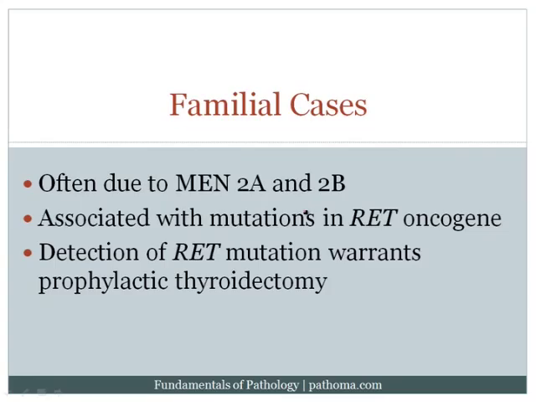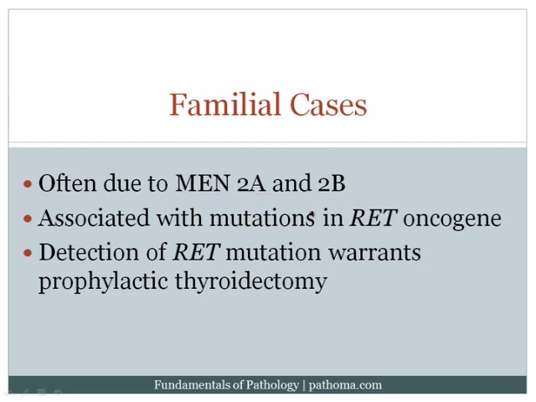Now, it's also high yield to note that there are some familial cases of medullary carcinoma of the thyroid. These are associated with MEN2A and MEN2B. Now, MEN refers to multiple endocrine neoplasia, and this is when you get neoplasia within multiple endocrine organs. In MEN2A, you get medullary carcinoma of the thyroid, which we're talking about here, pheochromocytoma, which we'll talk about later, and parathyroid adenomas, which I'll also talk about later. In MEN2B, you get medullary carcinoma of the thyroid, pheochromocytoma, and ganglioneuromas, particularly of the oral mucosa. Now, in both of these, MEN2A and 2B, you're going to get medullary carcinoma of the thyroid, and that really is the key cancer that these patients get.